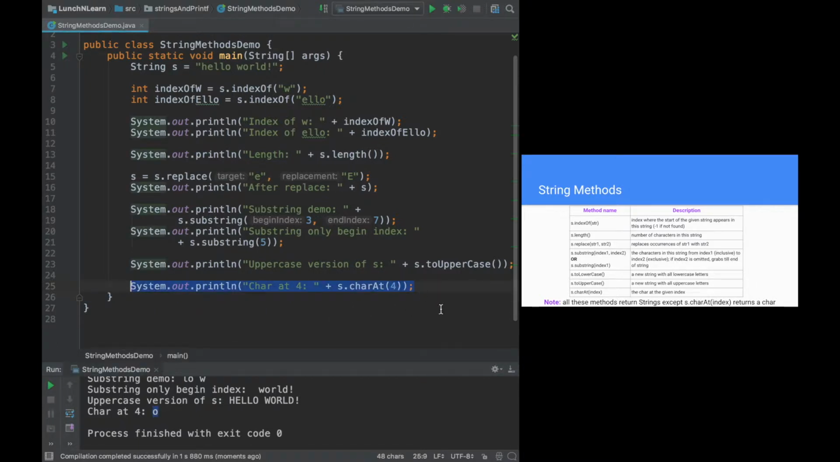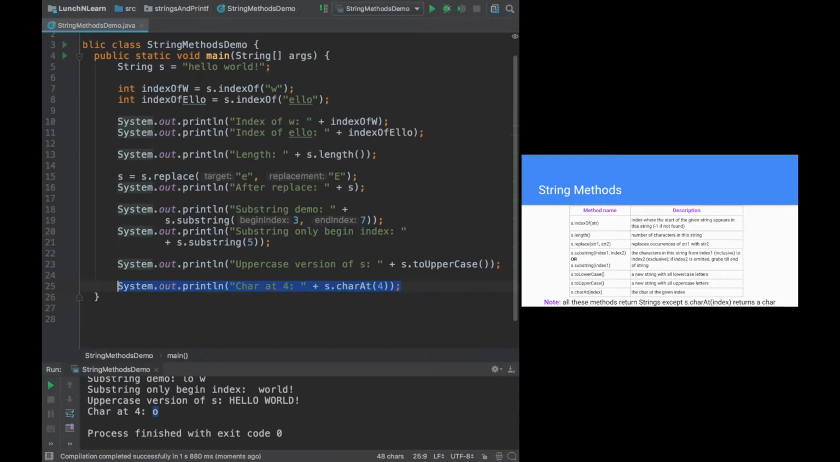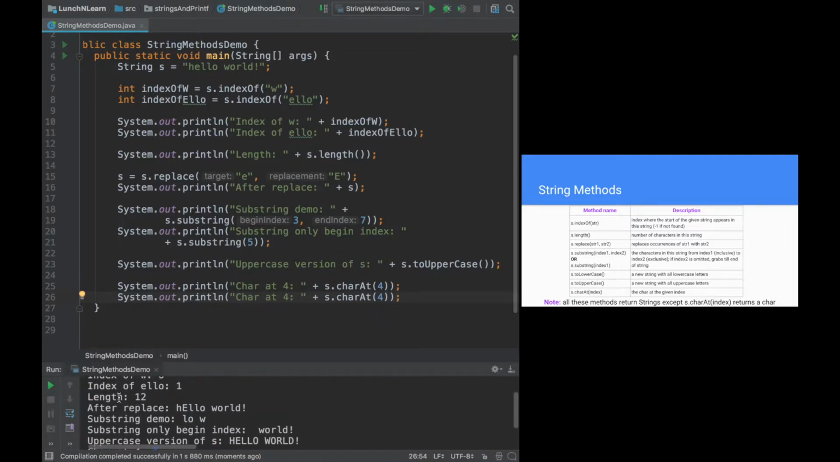Now, something kind of weird about this is I know that my string is only 12 long because that's what length said, which means I can only access up to index 11. But if I put 13 here, there's not a compile error because at compile time, my Java program doesn't know how long my string is. But if I run it,